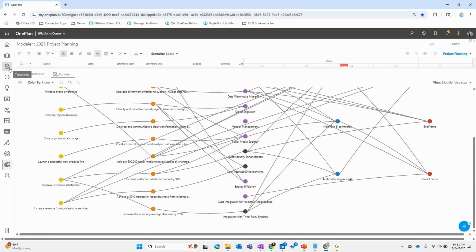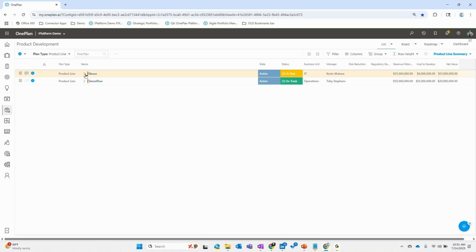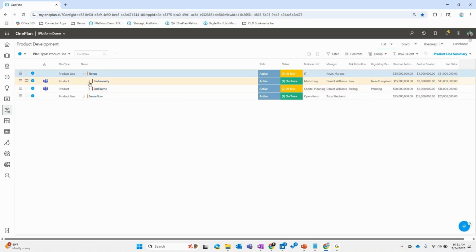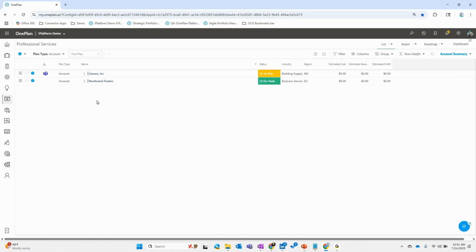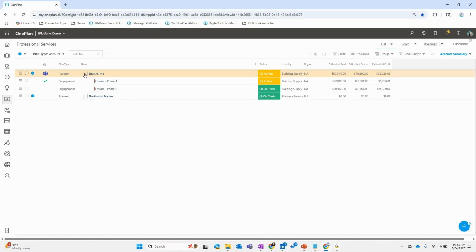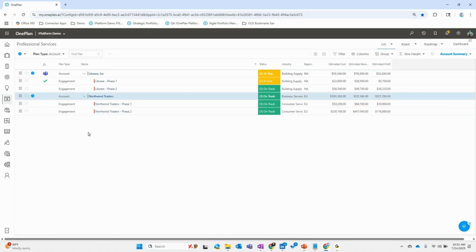Okay. Now, you can do these types of analysis on a departmental basis. As I mentioned about the different lenses, for example, if I am actually in product development, my view in this might be a little different. I might be looking at this instead of by portfolios. I might be looking at it in terms of products and product lines, and I can be aligning different projects and epics that support the delivery of these projects into that view. I could also look at, for example, if I'm in professional services and I'm delivering services to our customers, I might look at it by accounts and the different engagements we have here, all of which would have a resource